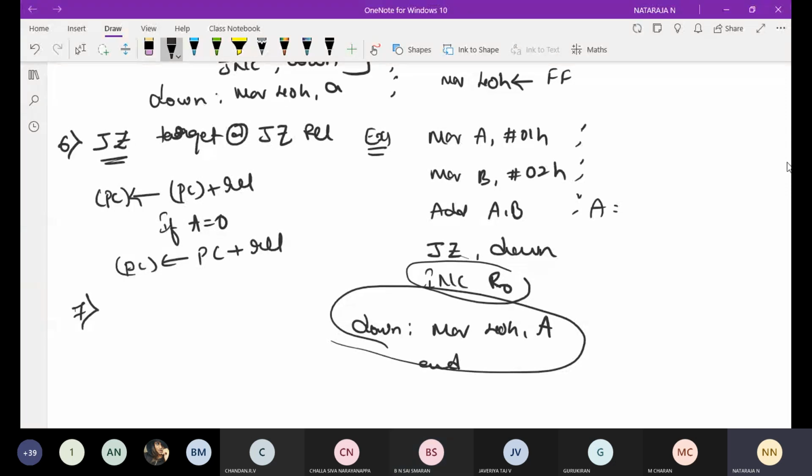Trace this, and after that try the next instruction, that is jump if not 0, jump if accumulator is not 0. It is quite the opposite of this. You have to write the function description as well as one similar program. Try this program.